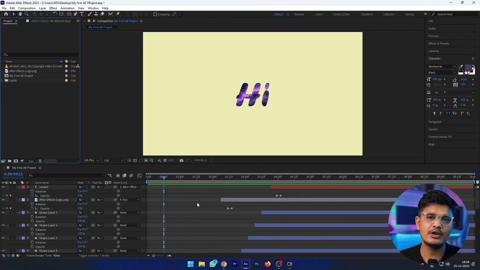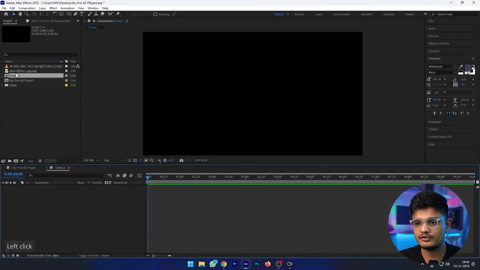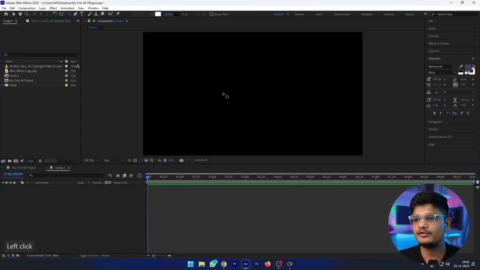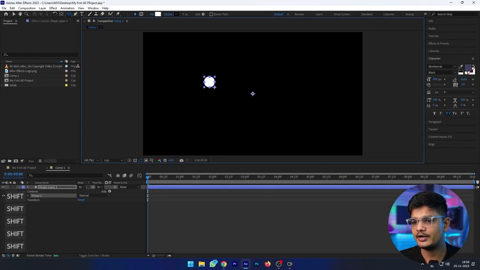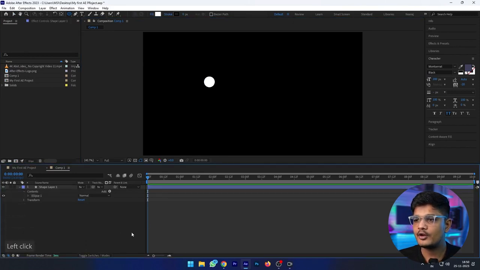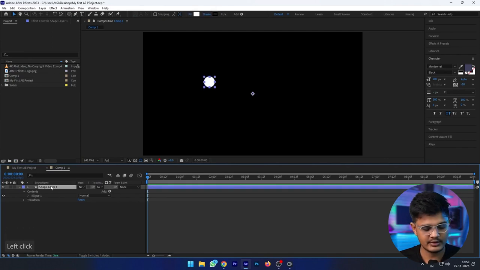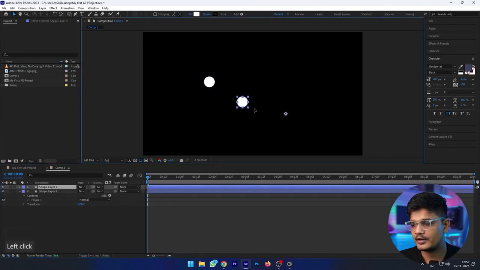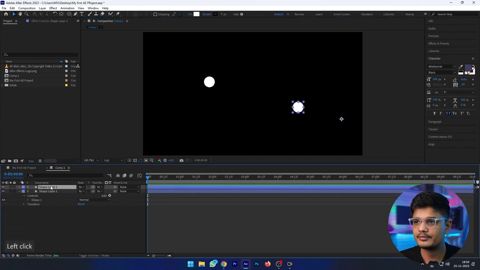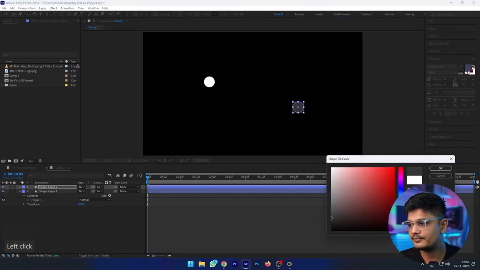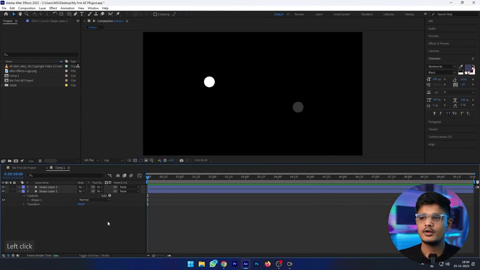Now there is a term called design hierarchy. I'll explain it to you. Here I created this circle, which is properly visible to you. But if I duplicate it and put it here, but change its color, which one do you see first, this circle or this circle?